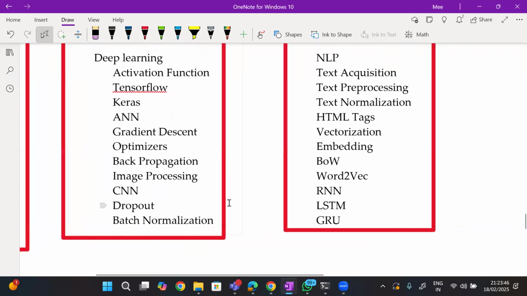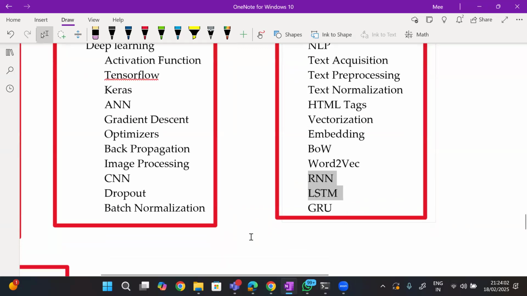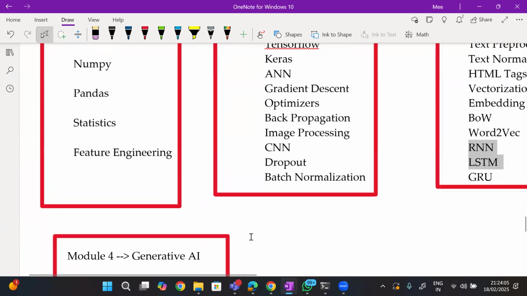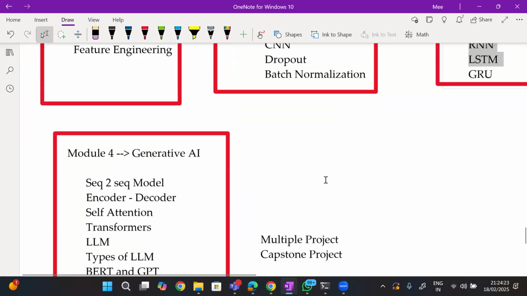Those are the prerequisites, and then comes the actual implementation with the project. Overall, we will do a minimum of 10 to 15 projects, and apart from the capstone project, we will be doing 10 to 15 projects.